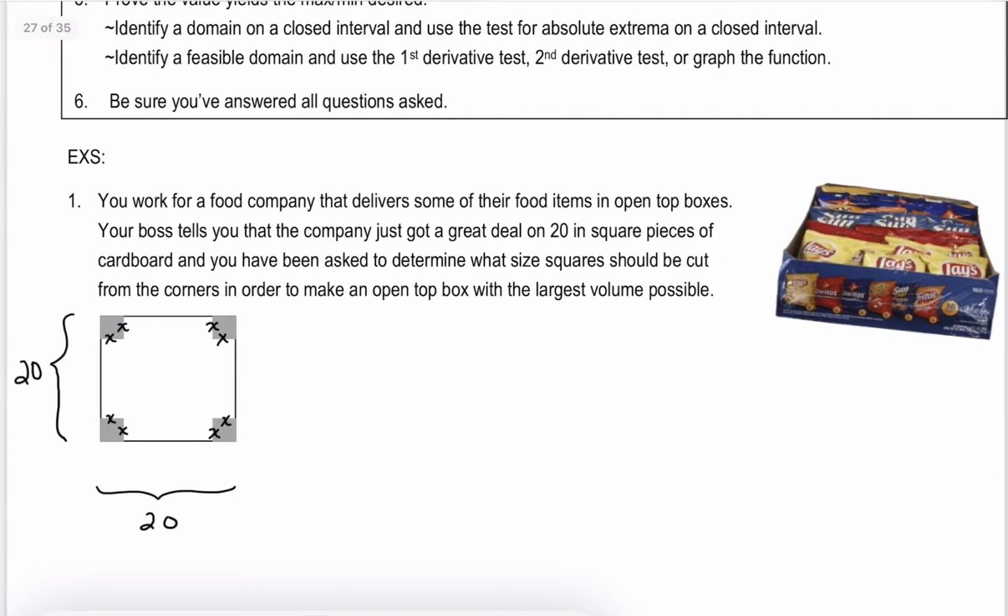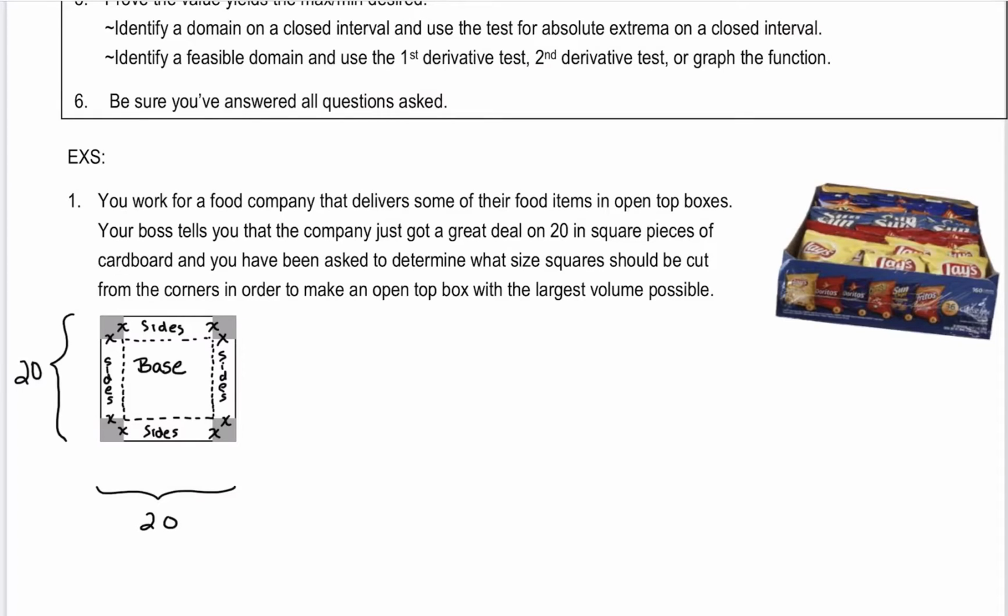So here's what this is going to look like. Let's just draw in a dashed line here, and here, here, and here. All right, so this is now the base of the box, right? So this is really forming the base of our box. And then these are our sides that are being folded up. So these are going to be the sides of your box that are going to flip up. I hope you can visualize what we're saying here. All right, so we are being asked then to come up with what size these little x cutouts should be